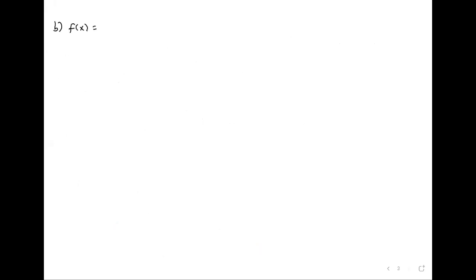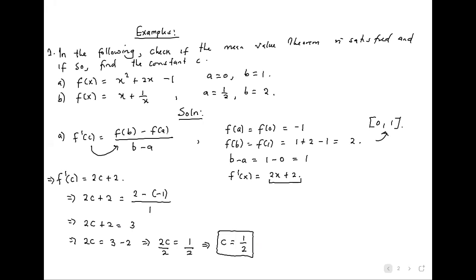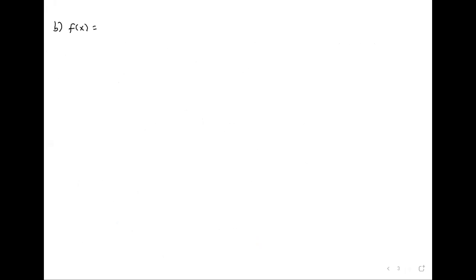So you go to B. f of x is equal to x plus 1 over x with interval half, comma 2. This is the interval. Well, we differentiate the function first and see if it is differentiable. We'll get 1 minus